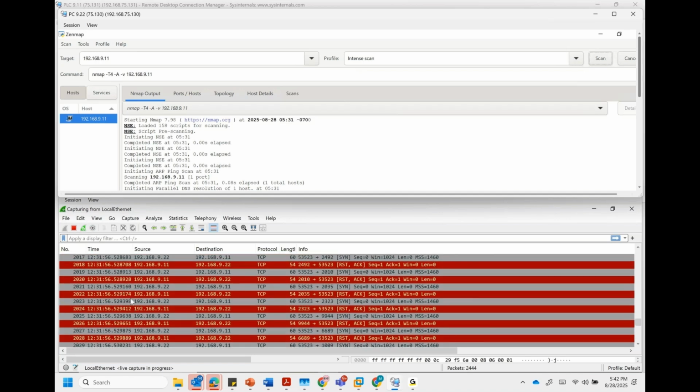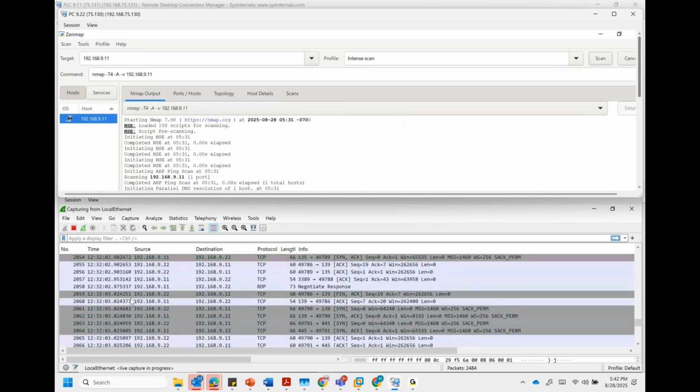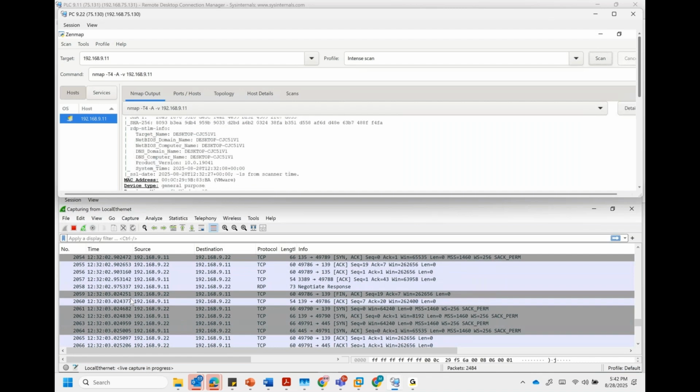This is something that a legacy PLC, which is not very smart in the sense that it doesn't have the bandwidth to accept and process so many packets, may not like, and it may decide, I'm going to go to sleep, I'm going to crash.